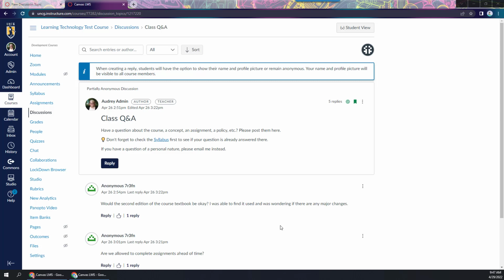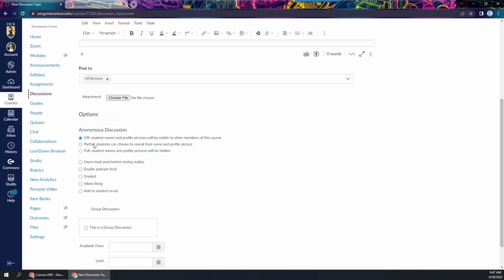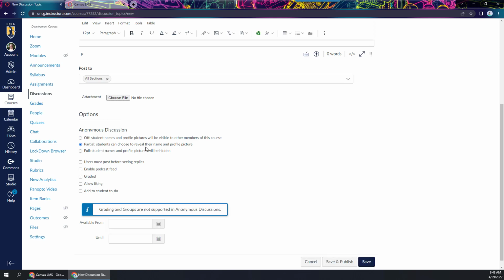So the first thing you're probably noticing is that my students are posting anonymously. So this is a new feature with the enhancements that allows you as the instructor to decide, do I just want to have a regular discussion where all names and profile pictures are shown as usual? Do I want to give students the choice to either reveal their name and profile picture or use their anonymous persona in this discussion? Or do I want to make it fully anonymous where no students even have the choice